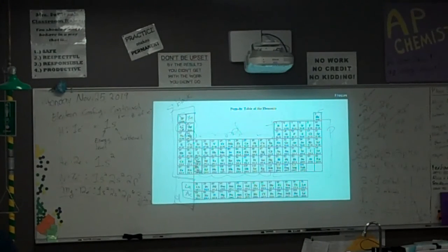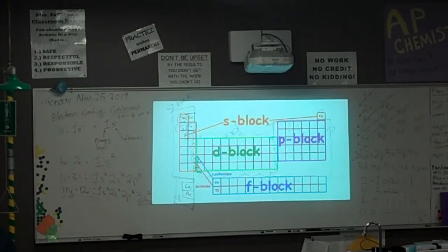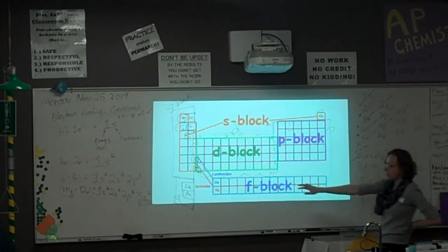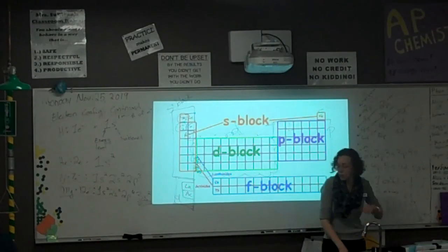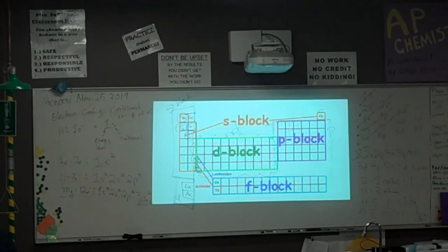So it kind of clarifies, oh, it's frozen, sorry. So this is another way to notate your S, P, D, and F block. Keep it in mind that your F block starts with cerium and thorium, not lanthanum and actinium. Okay, so